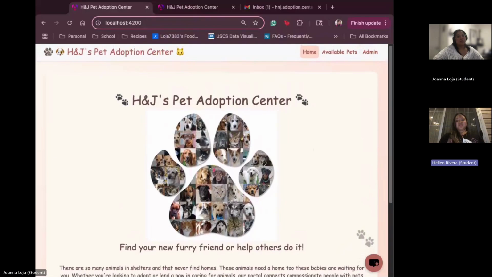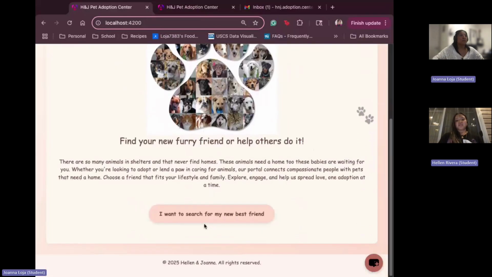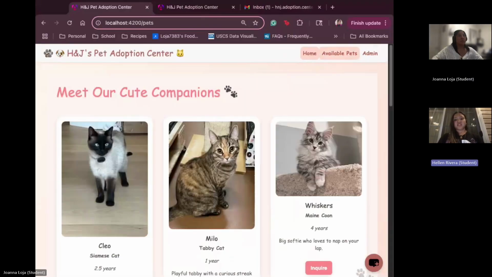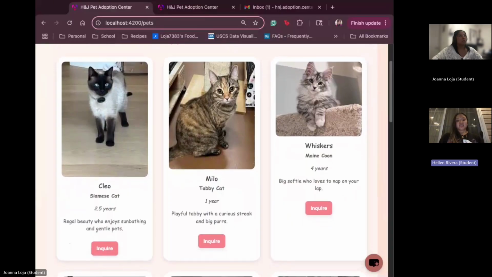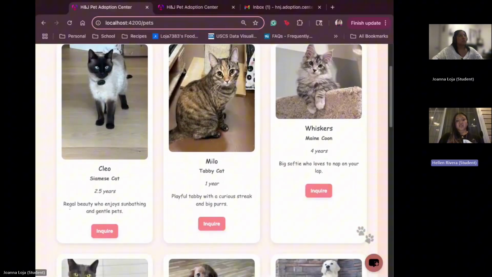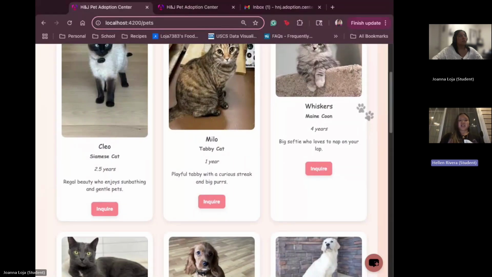If you scroll down to the bottom, you will see the general purpose of our adoption center and our project in general. We do have a button that says, I want to search for my new best friend. If you click on it, it will take you to the available pets in our database or in our adoption center in general. As you scroll through the images, you will see the descriptions, the names, the breeds, the age of each of these animals, along with an inquiry button on the bottom